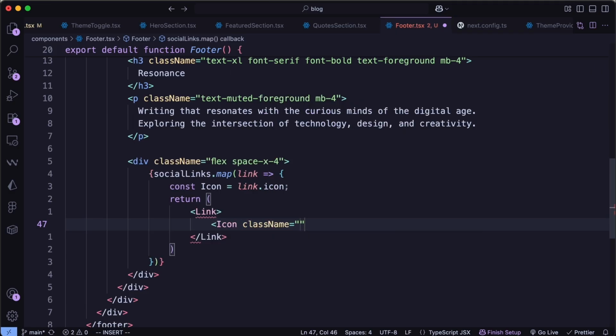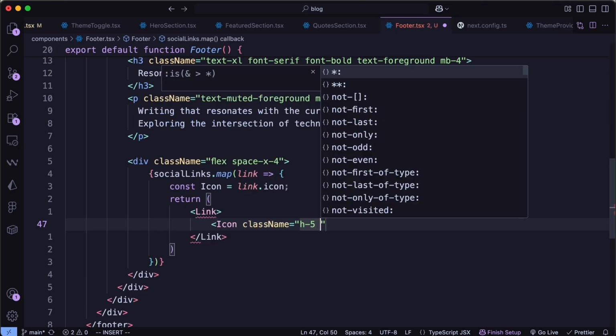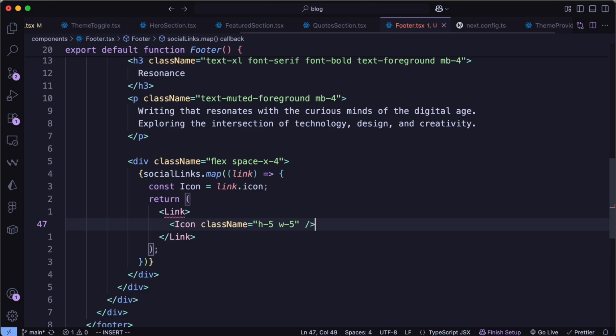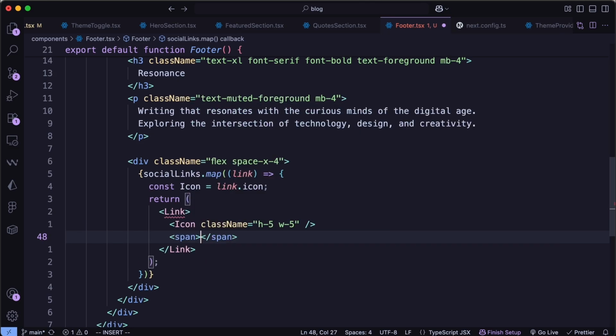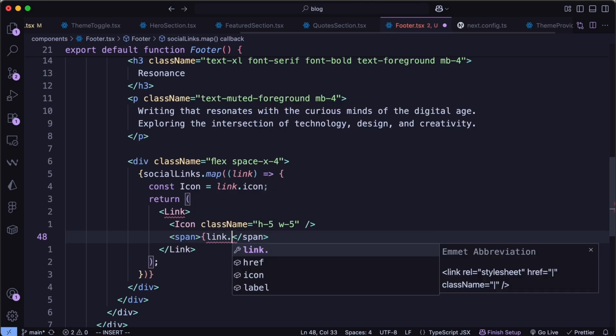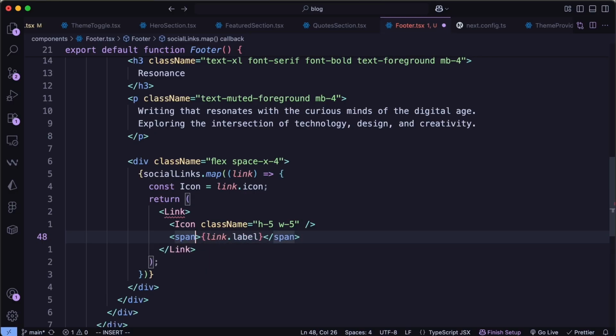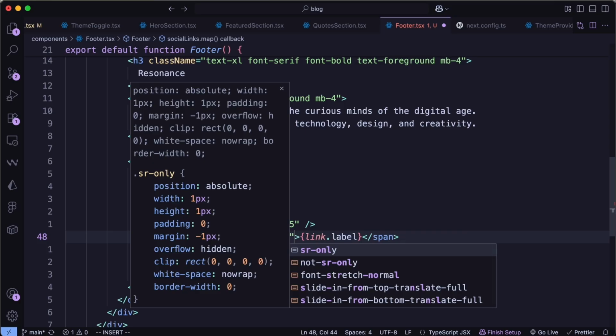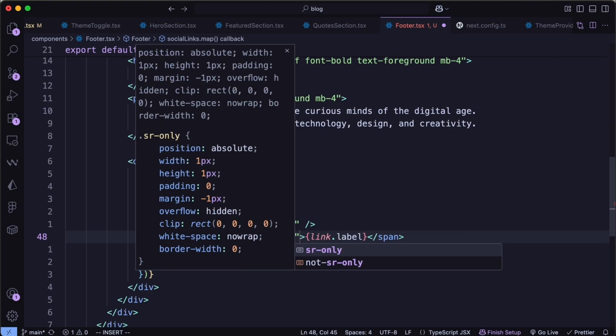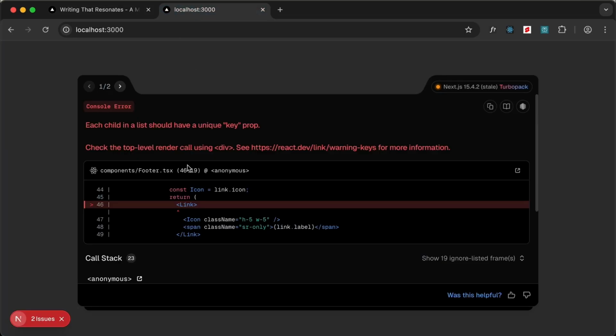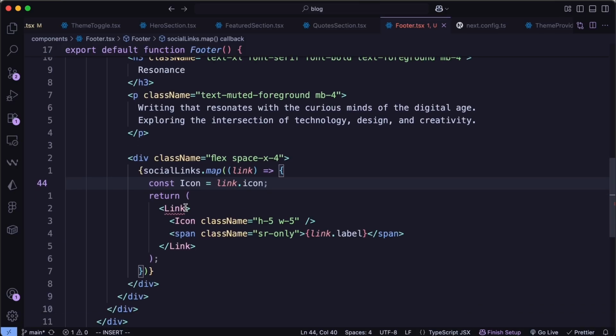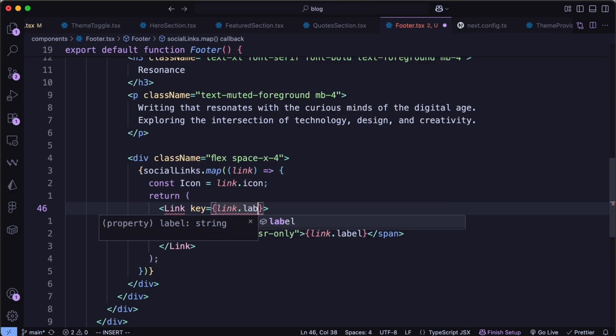Let's add the className, and let's set it to h-5 and w-5, and after that we need to add the label. So I'll just create a span for that. Let's type link.label, and in this span let's add a className of sr-only. So this will be just for the screen readers, and it won't be displayed in our website. And we also need to add a key. So here for the Link let's add a key, and let's set the key to link.label because it is unique,